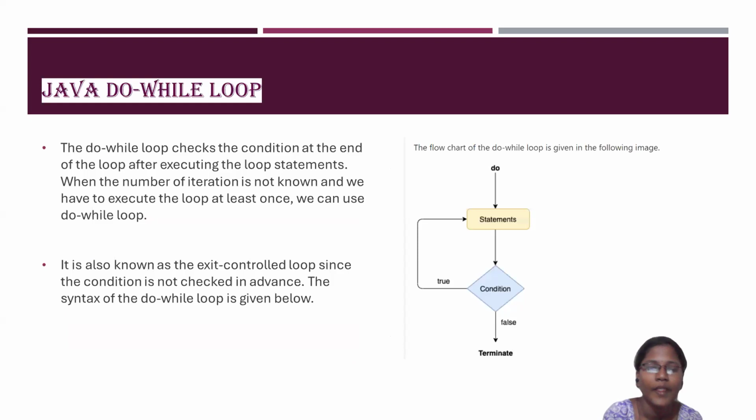Next, do while loop. In do while loop, the condition is checked at the end of the loop. That means after executing all the statements in the loop, the condition will be evaluated. And this is also used whenever the number of iterations is not known to us, and we have to execute the loop at least once, so we can use the do while loop, and this is called an exit control loop, as it does not check the condition at the starting, and